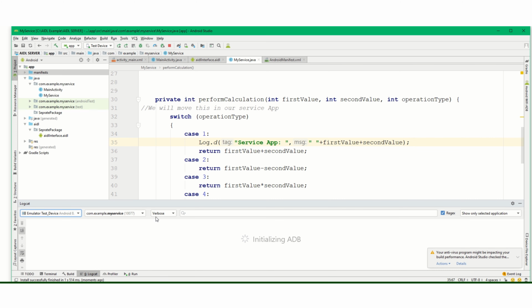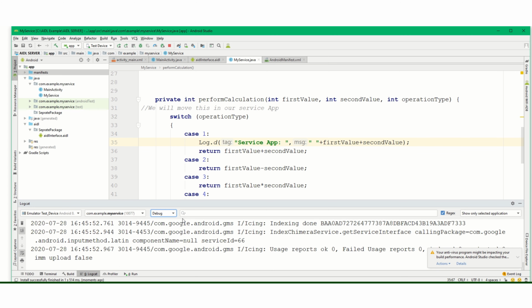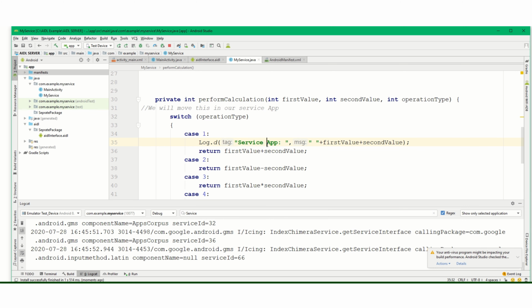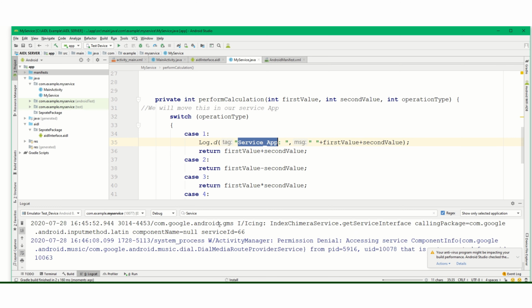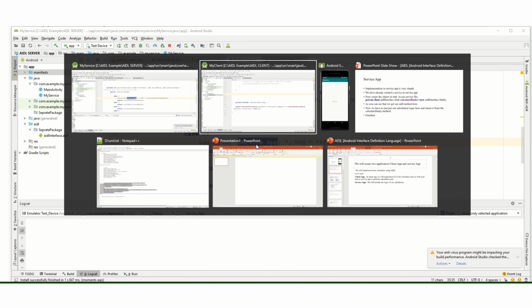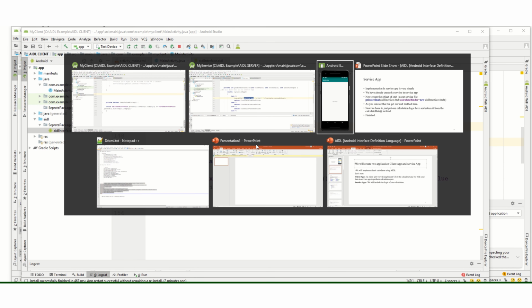Open our logcat, keep this at D, and let's keep the filter as service app, and run it again. Okay, so now we have run the service app again. No need to run the client app.